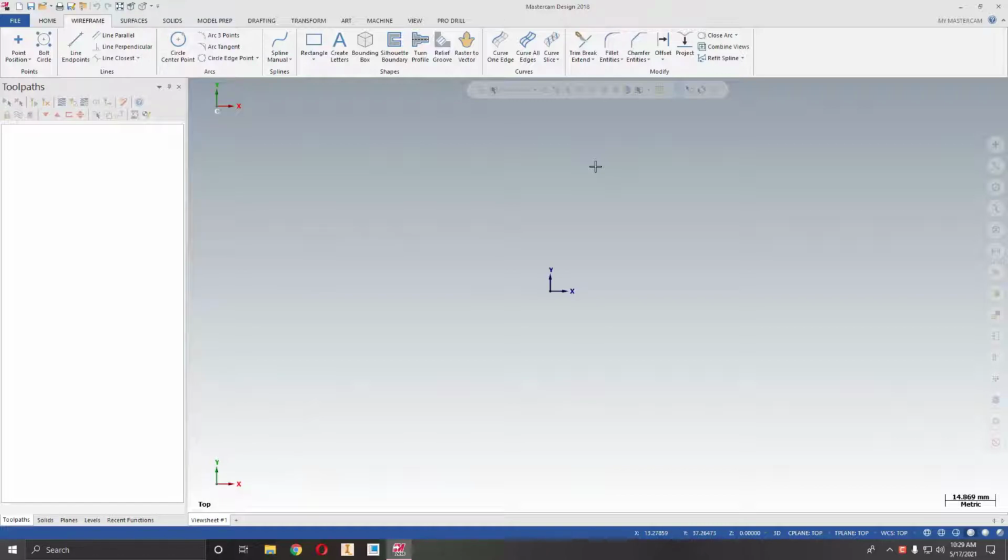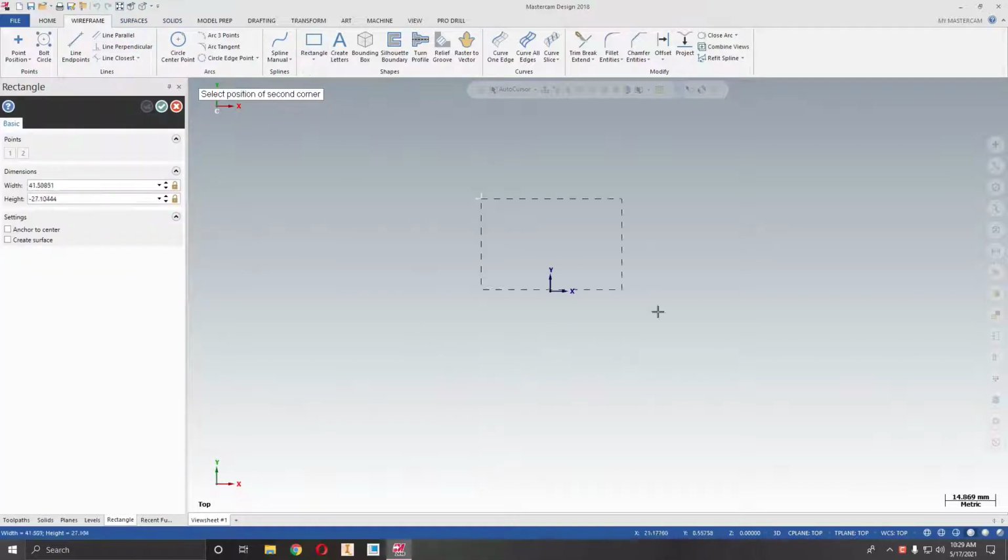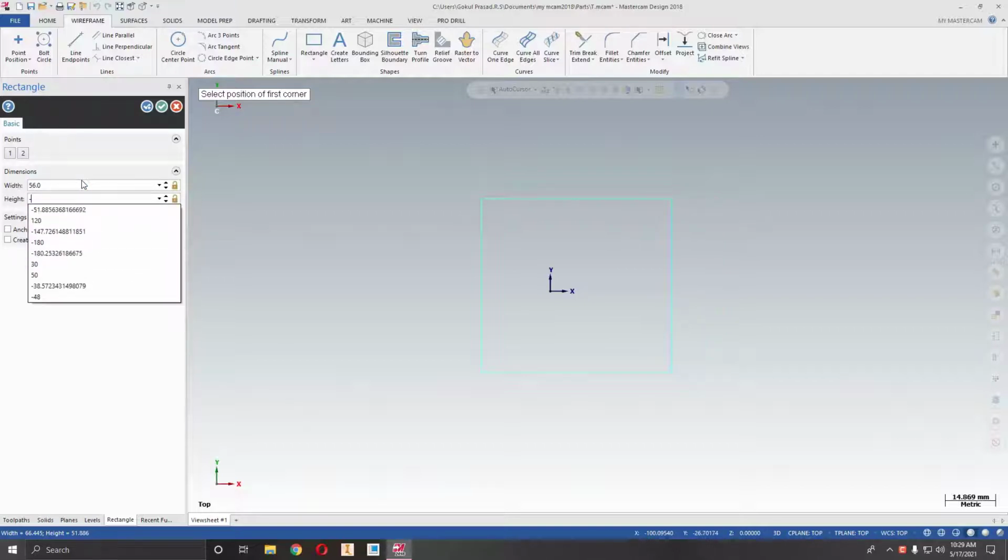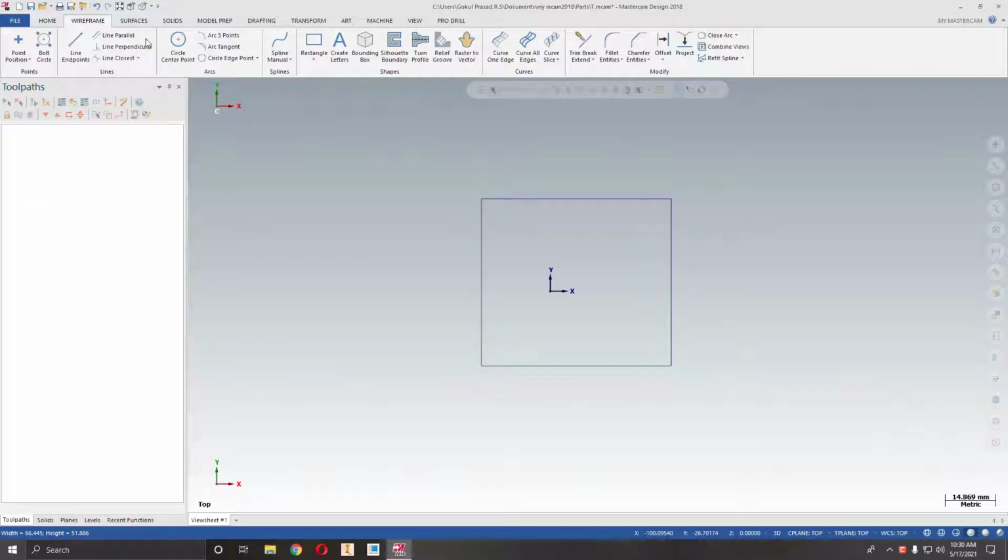Today we are going to see how to create solids by using solid tools, and let's move into the video. So we have seen in the previous session about wireframes. By using wireframes we create all the 2D sketches. This is common for all the solid surfaces. Okay, so I just give 56 mm and my height to be 50 mm, and I click OK.